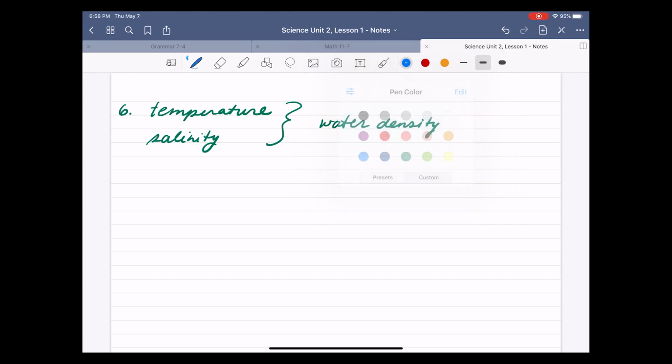And water becomes denser due to cooling. So if you cool down the water, cool water equals more dense. Okay? And more, I don't know what color we'd say for salt. More salt